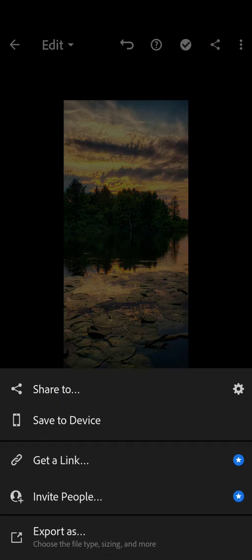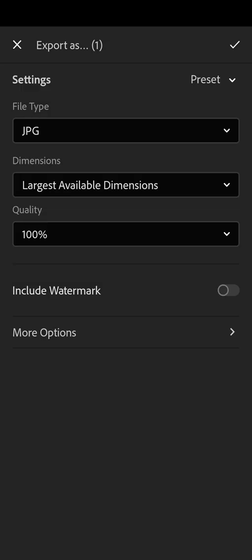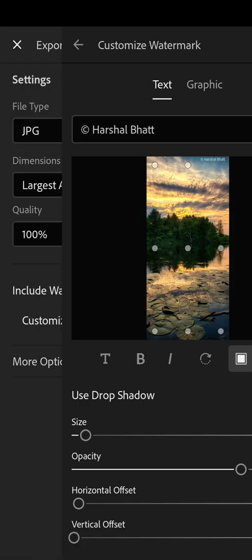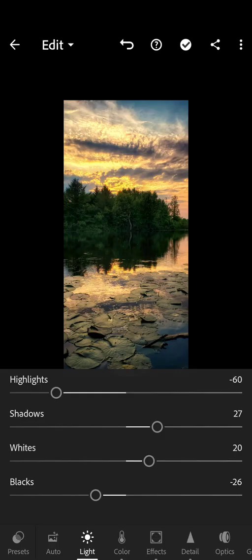I can use this, and either I can save it to my device or export it or whatever it is. You can add your watermark options if you feel like it. You can customize your watermark or whatever you want to do. You can use that. Okay, apart from that,